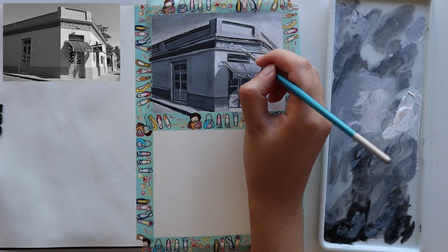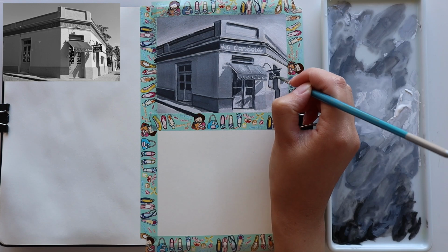As you can see, there are some lines that are definitely questionable and don't follow the rules of perspective quite